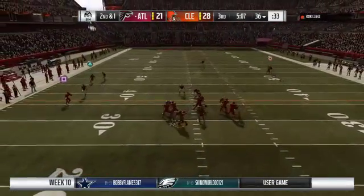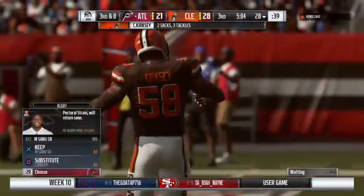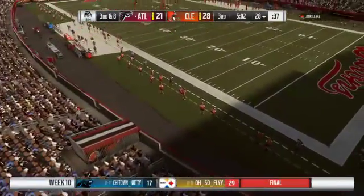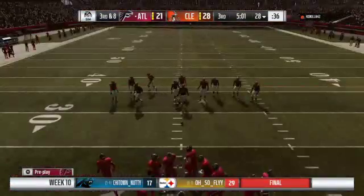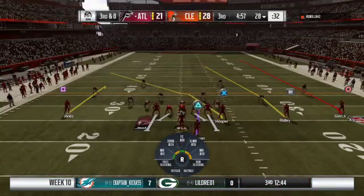On second down, Jackson. And he's taken down. This will be a Brown sack. Christian Kirksey in there to get him his second sack now of the afternoon. The Falcons on third down. They've hit 2 for 4 thus far. This is 3rd and